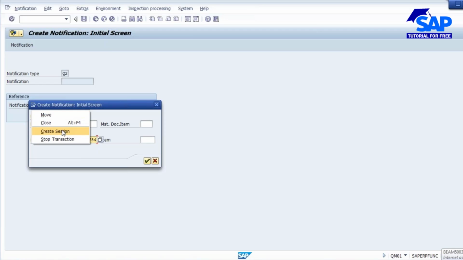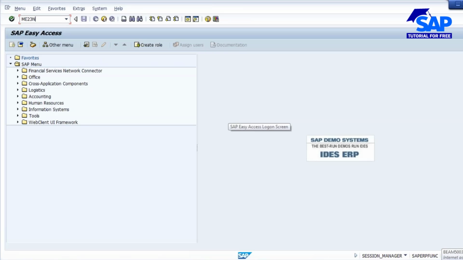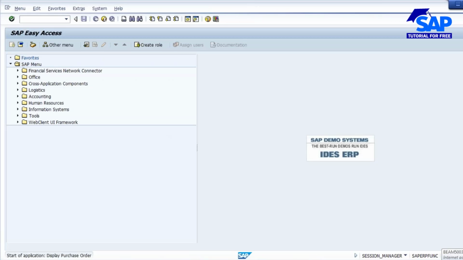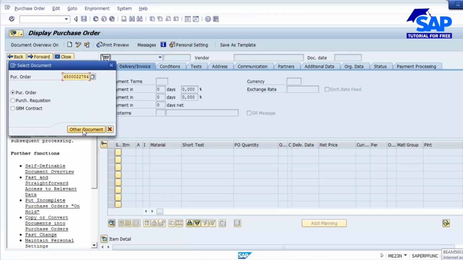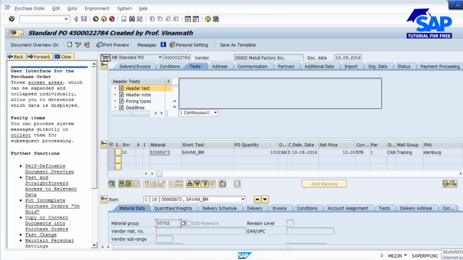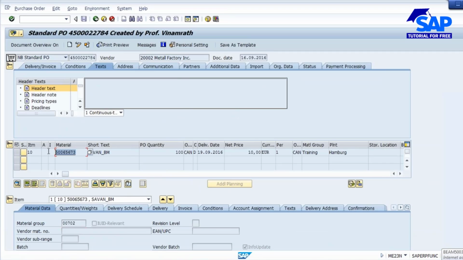Suppose if I go to the purchase order, okay, so this is the material, and this is the quantity, and this is the vendor.